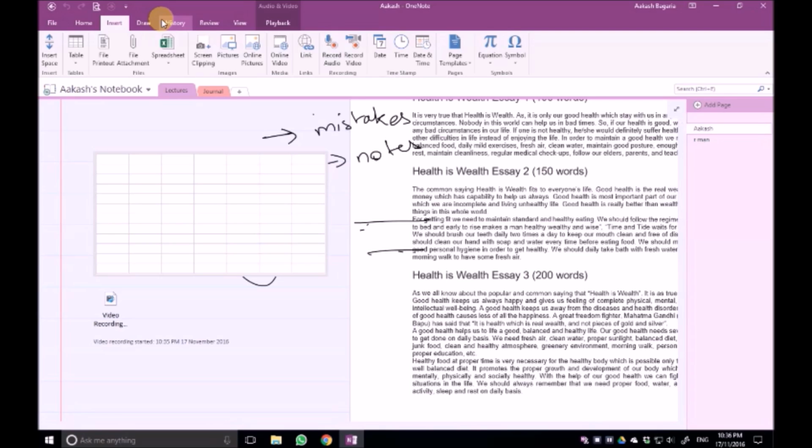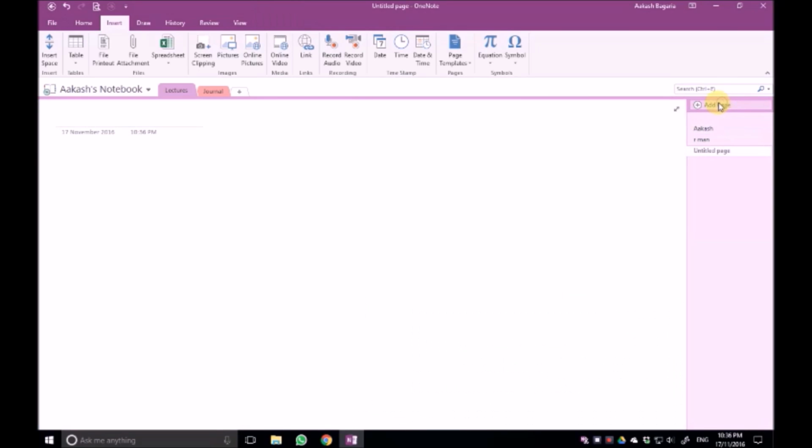Now, if you're planning to add more pages or more topics to your tutorial, you could simply add pages from over here. Now, one more interesting feature I forgot to mention was, if I write my name with my stylus